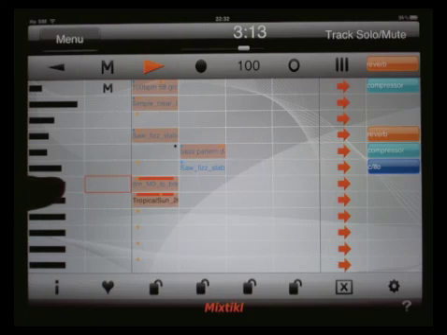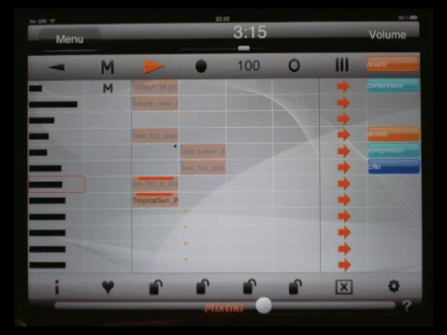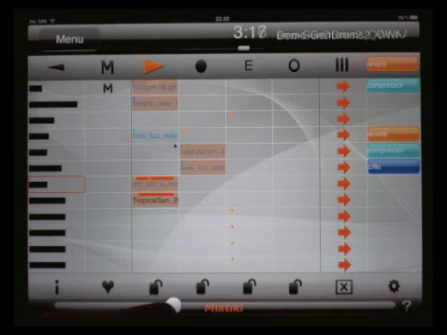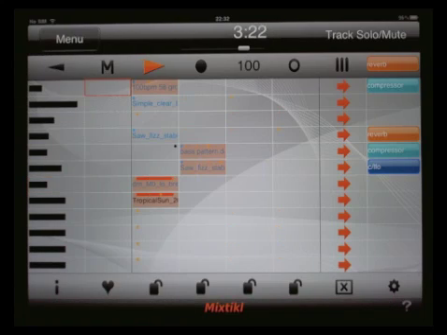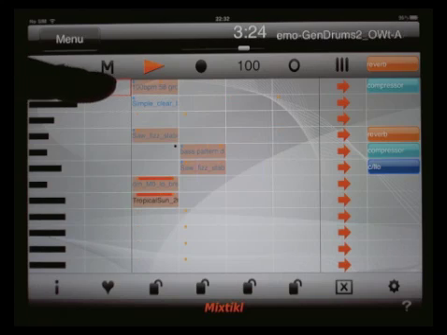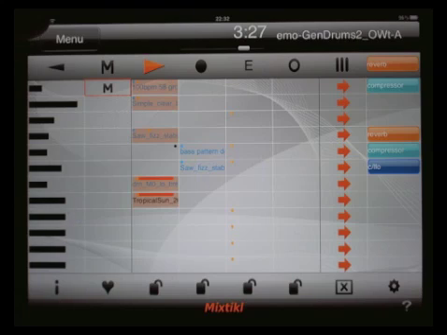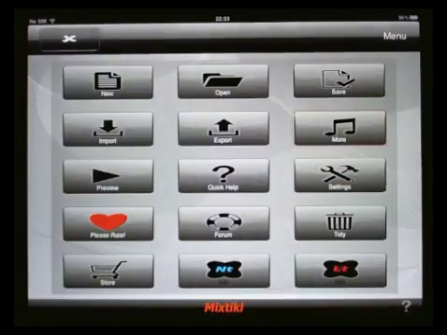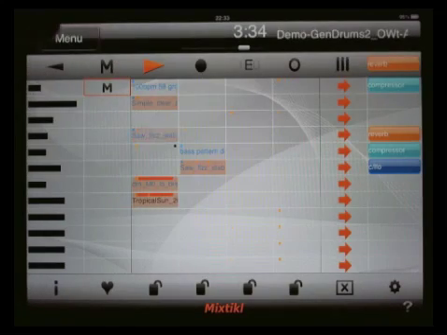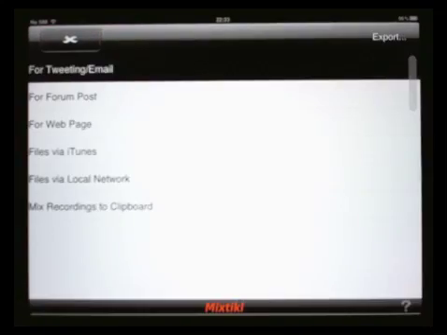So let's bring the drone back in. Yeah, it's a bit of a mismatch there. There we go. Now if we wanted to tweak this, it wouldn't tweak the audio loop because that's been added and it's not part of the generative stuff. But if we go menu, more, sorry, if we go menu, export, and tweet,